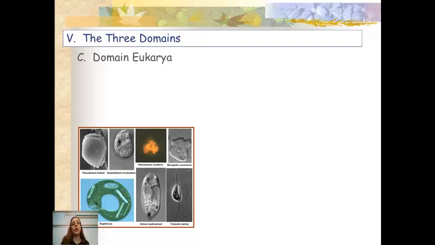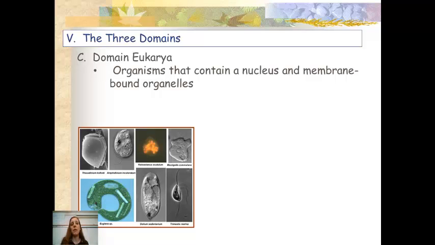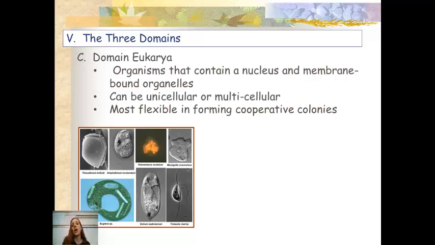And then finally, the domain to which humans belong, eukarya. These are organisms that contain a nucleus and membrane-bound organelles. They can be unicellular or multicellular. So there are some single-celled organisms that have a nucleus and therefore are not bacteria or archaebacteria. They are eukaryotes. They are the most flexible in forming cooperative colonies, meaning that they're able to live together in